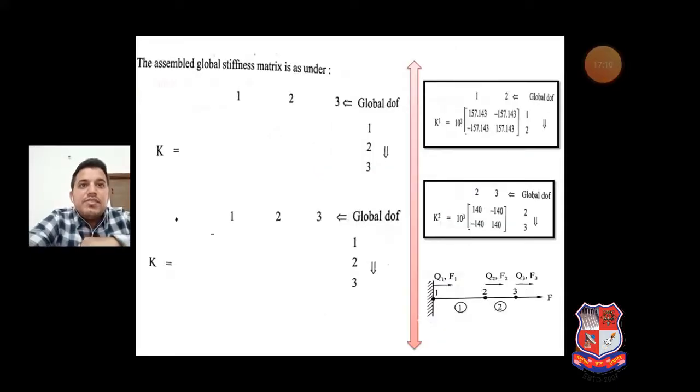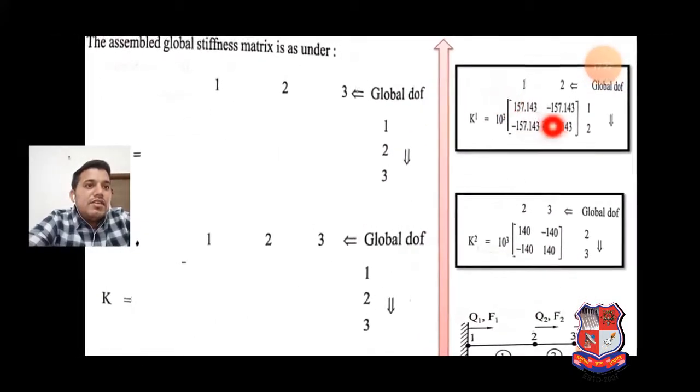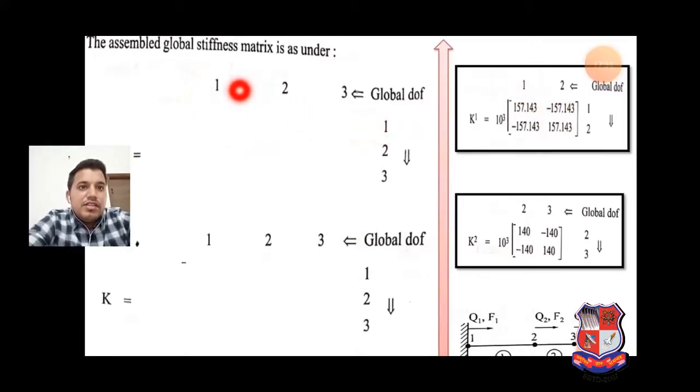The next step is to assemble the global stiffness matrix. Here we have the three nodes 1, 2 and 3, similarly 1, 2 and 3. We already have these two results, and we put both values in. How we put them, I did not explain properly yesterday due to a presentation problem. Let's see: we put the value of 11 here, then 12 here, 13 here.